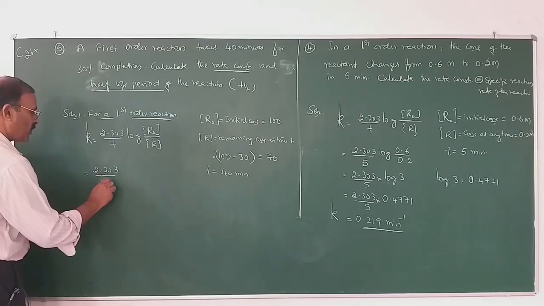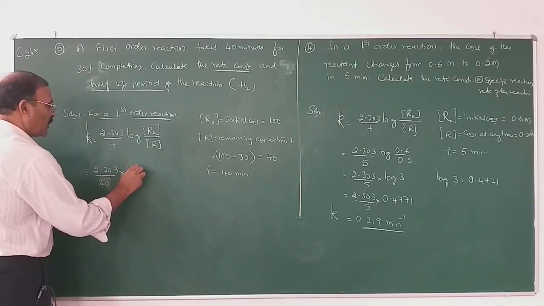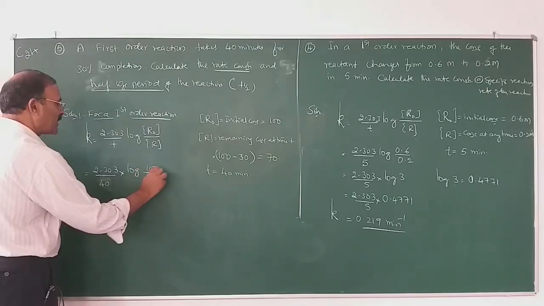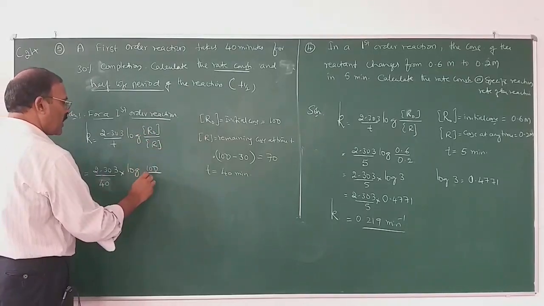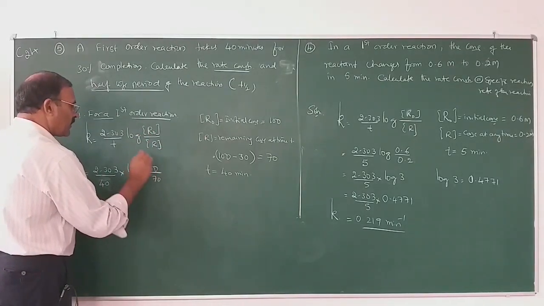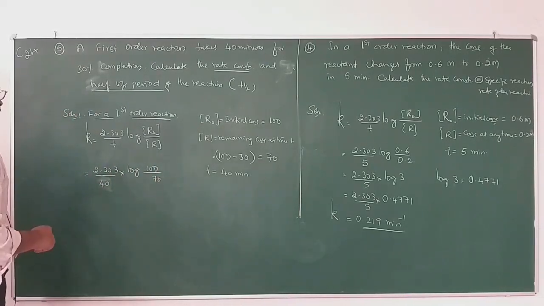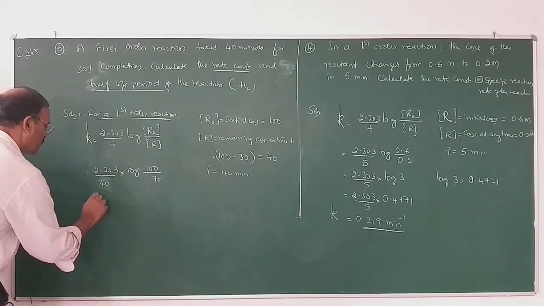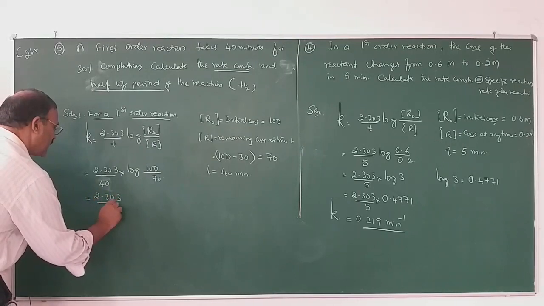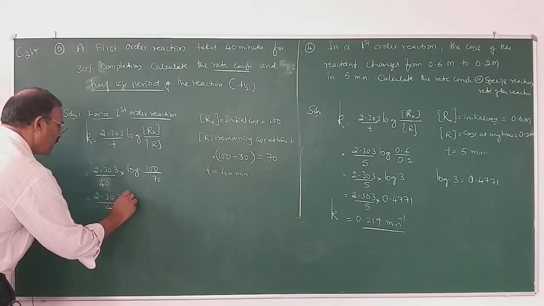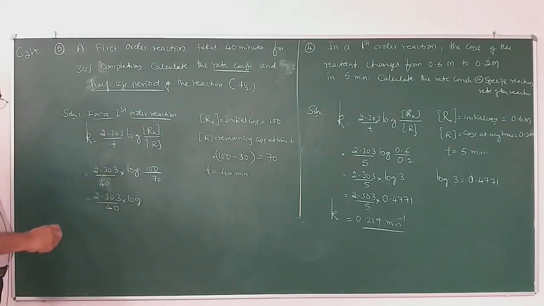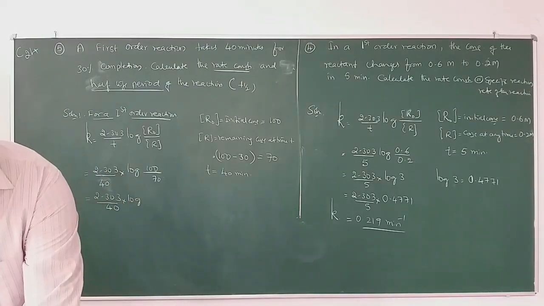It is 40, into logarithm of 100, R naught is 100, R equals 70. So this equals 2.303 divided by 40 into logarithm of 100 divided by 70, equals